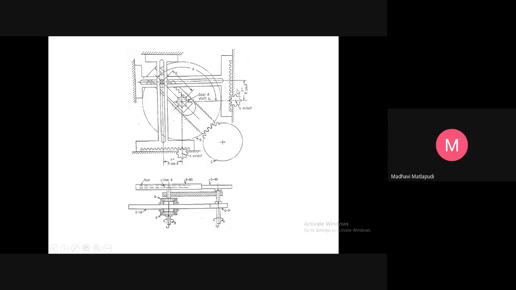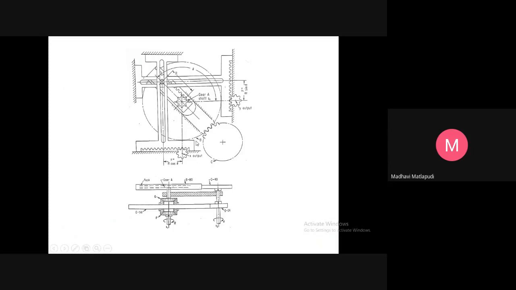Now with shaft S2 fixed, any turning of shaft S1 will turn gear A to an equal amount in the opposite direction. This will drive the rack to move in the slot, and thereby R changes, varies. It can be increased or decreased. Thereby the output values X and Y also vary.